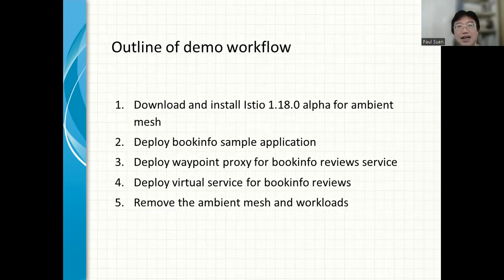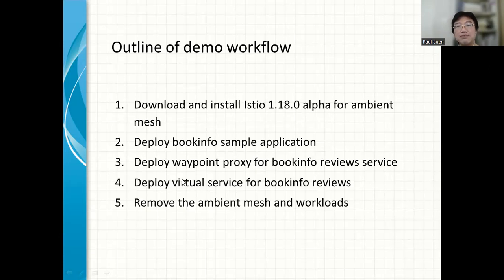So here is the outline of the demo workflow. First, we download and install the Istio alpha binaries where the ambient mesh part has been merged. And then again, we deploy the Bookinfo sample application.